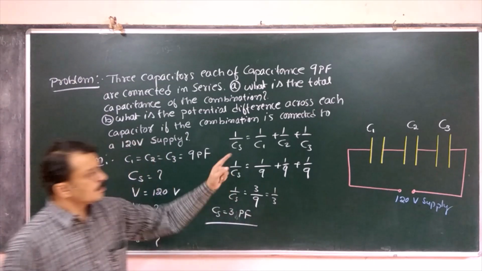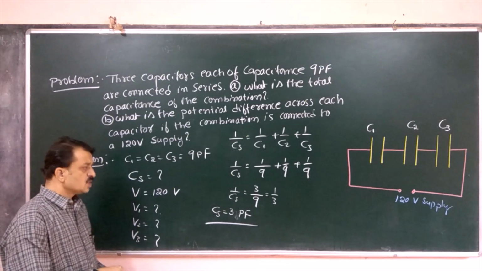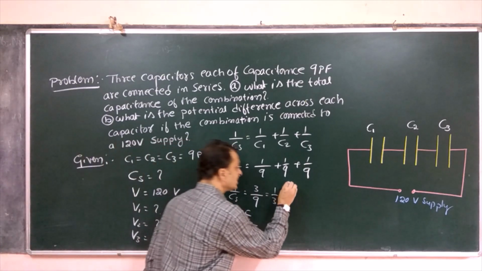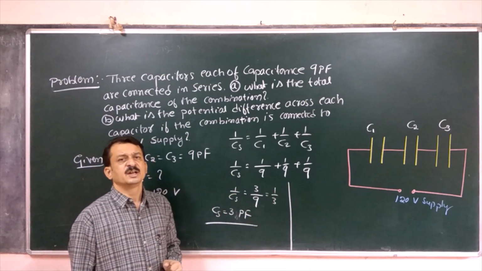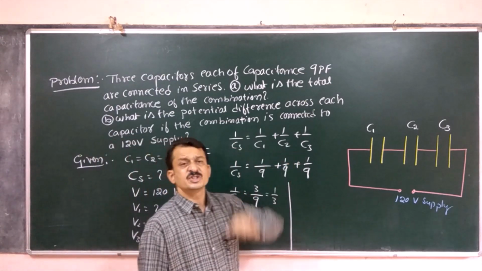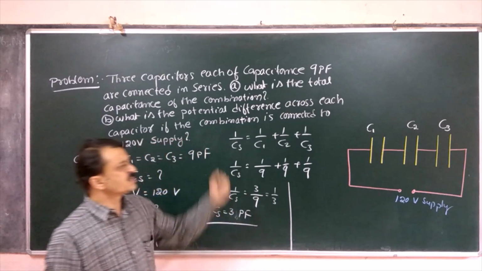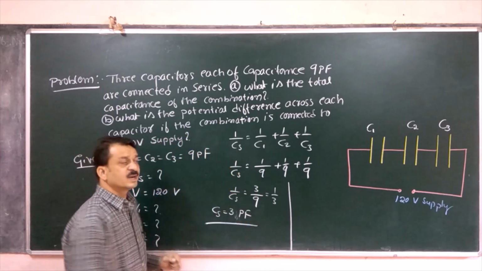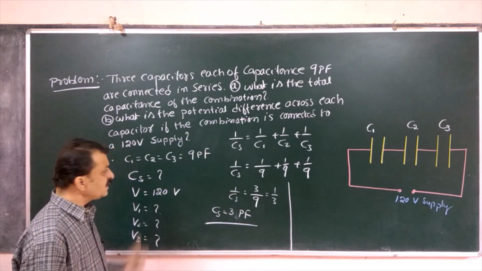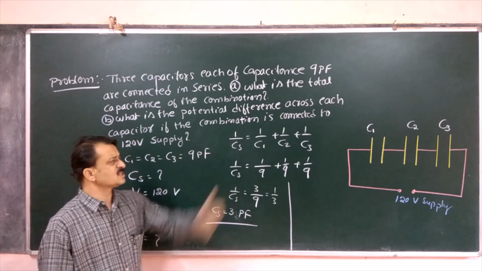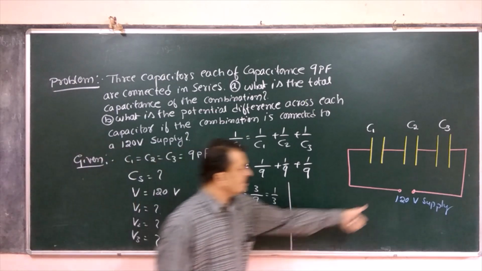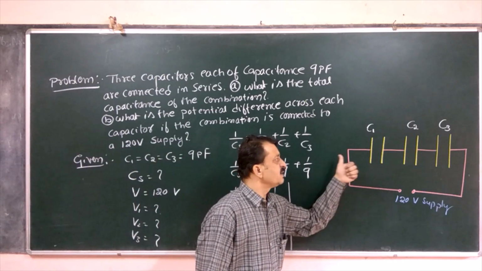ವೋಲ್ಟೇಜ್ ಅಕ್ರಾಸ್ ದ ಕಾಂಬಿನೇಷನ್ ಈಸ್ ಕೊಟ್ಟಿದ್ದಾನೆ. ಸೊ ಸೀರೀಸ್ ಕಾಂಬಿನೇಷನ್ ಅಲ್ಲಿ ವೋಲ್ಟೇಜ್ ಎಂತ ಆಗ್ತದೆ ಅಂತ ನಾವು ಕಲ್ತಿದ್ದೇವೆ. ದ ಅಪ್ಲೈಡ್ ವೋಲ್ಟೇಜ್ ಇಟ್ ಡಿವೈಡ್ಸ್ ಅಕ್ರಾಸ್ ಈಚ್ ಕೆಪಾಸಿಟರ್. ಈಚ್ ಕೆಪಾಸಿಟರ್ ಅಲ್ಲಿ ಅದು ವೋಲ್ಟೇಜ್ ಅಪ್ಲೈ ಮಾಡಿದ್ದು ಡಿವೈಡ್ ಆಗ್ತದೆ ಅಂತ. ಬಟ್ ಇನ್ ಈ ಕೇಸ್ ಅಲ್ಲಿ C1 is equal to C2 is equal to C3 ಆಗಿರೋದ್ರಿಂದ ಮೂರು ಕೆಪಾಸಿಟೆನ್ಸ್ ವ್ಯಾಲ್ಯೂ ಈಕ್ವಲ್ ಇರೋದ್ರಿಂದ ದ ಗಿವನ್ ವೋಲ್ಟೇಜ್ ಈಸ್ ಡಿವೈಡೆಡ್